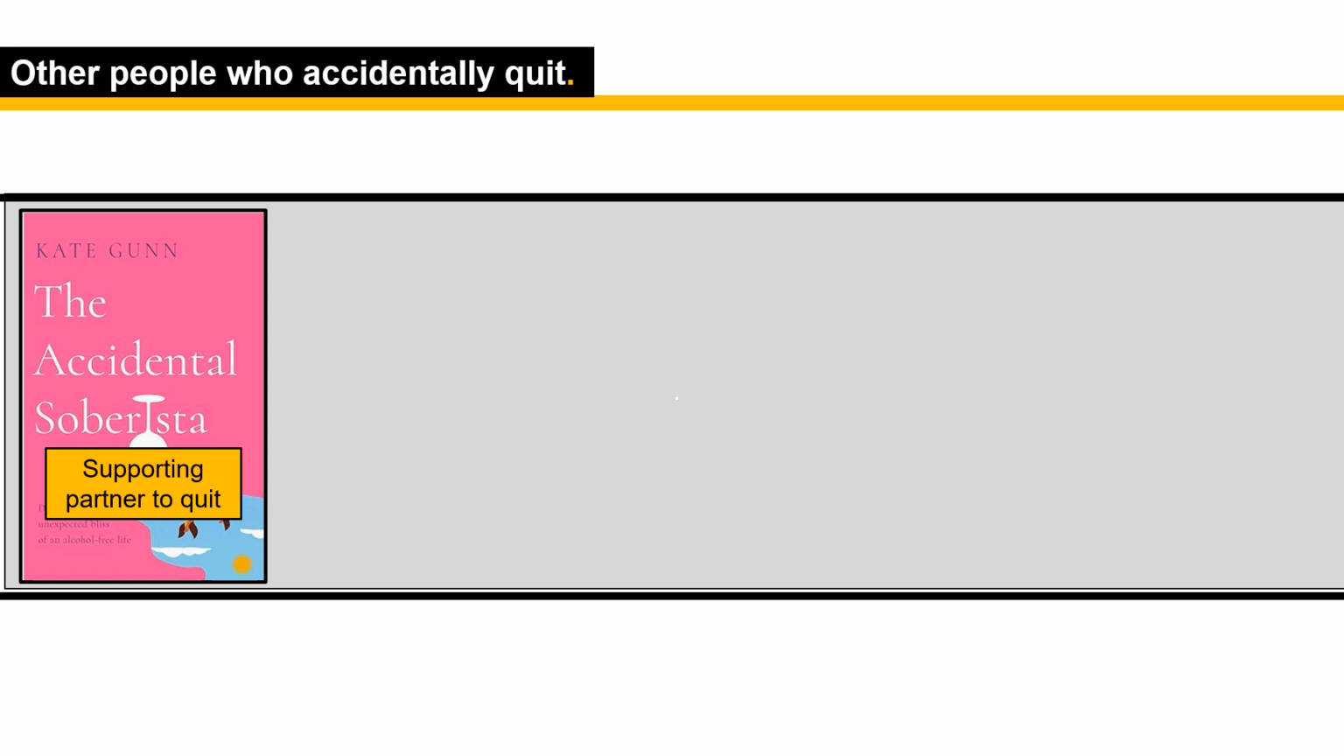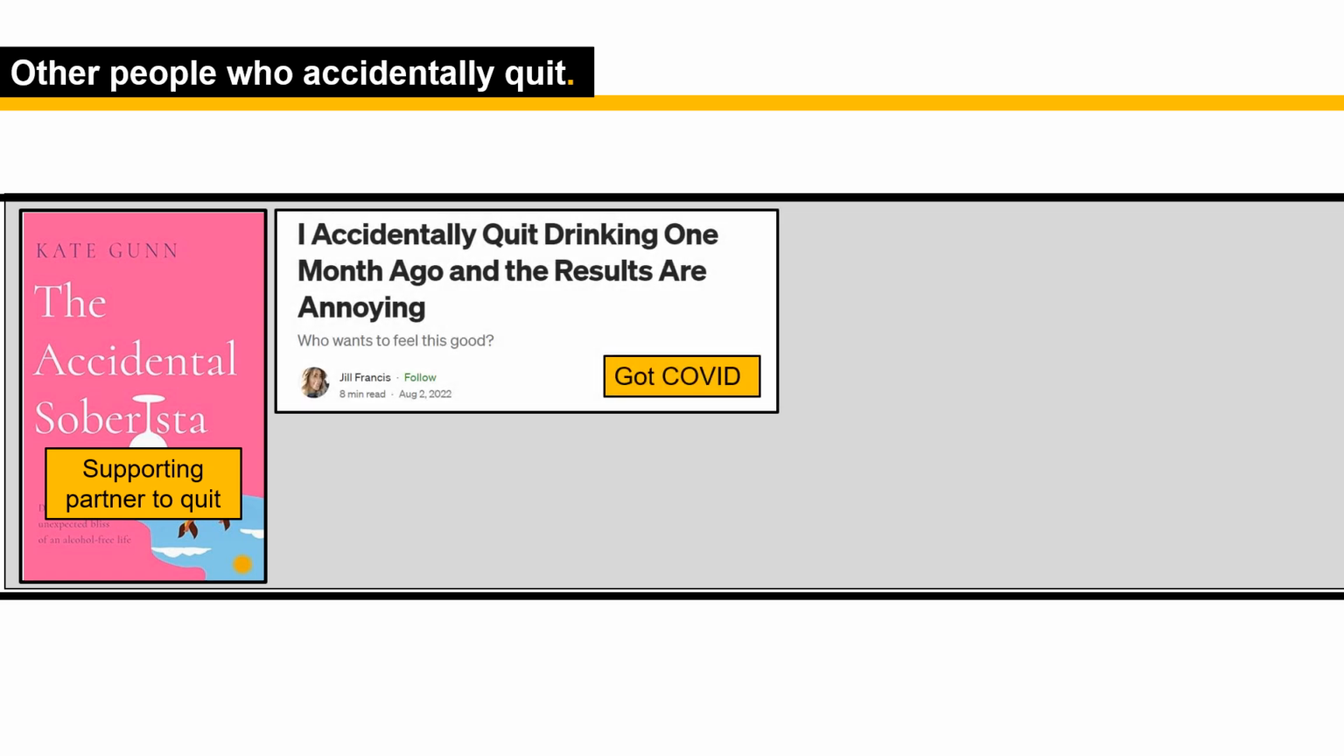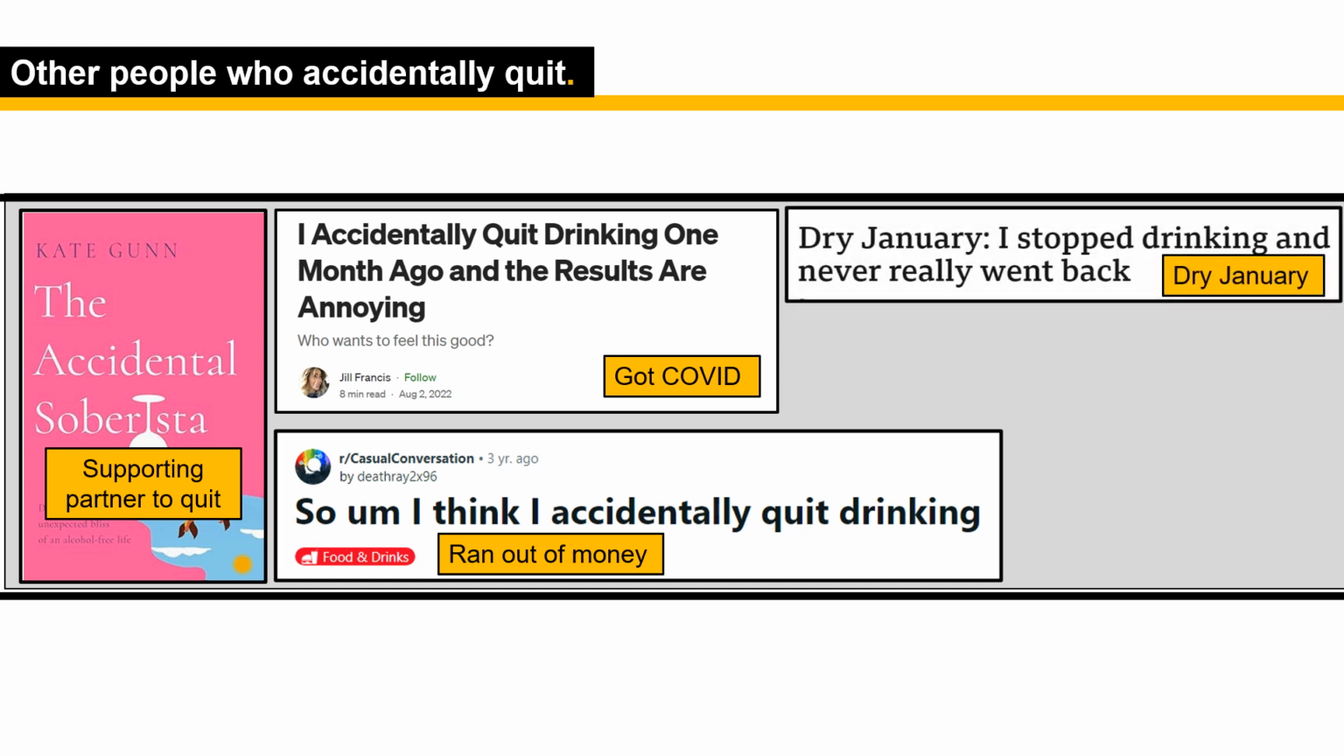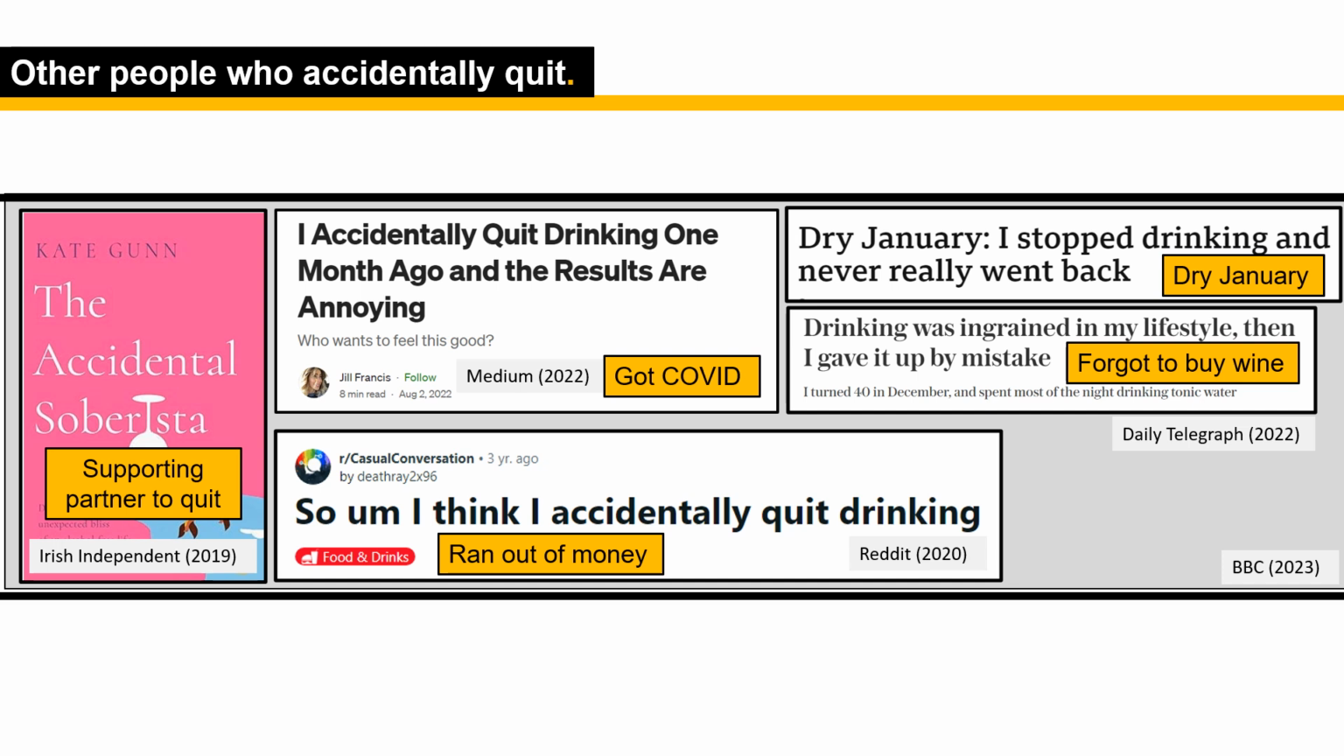Kate Gunn wrote a book about it called The Accidental Soberista. She was supporting her partner to quit. This person got COVID, this person ran out of money, and this person took part in Dry January and just never went back. And then finally, we've got this person who forgot to buy wine. She actually says in her article about this that she really enjoyed drinking. It was a big part of her life. Barely a day would go by when she wouldn't have a drink, and then she went on holiday to the Highlands and forgot to pack any wine, and there were no shops nearby, so she had to go without. And once she went without, she found she didn't miss it in the way that she thought she would do,